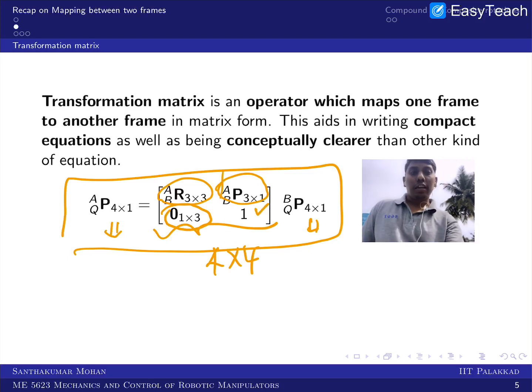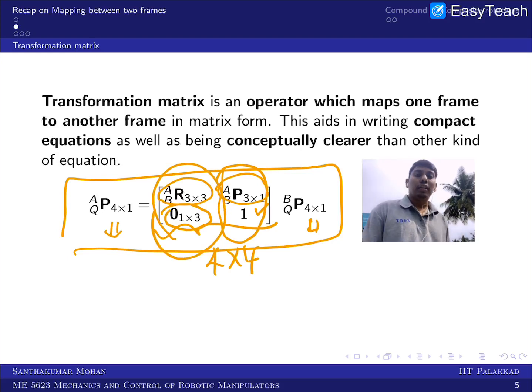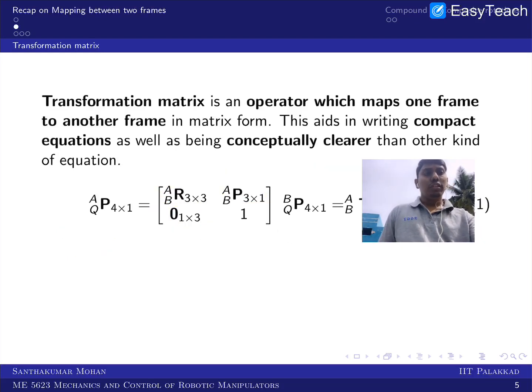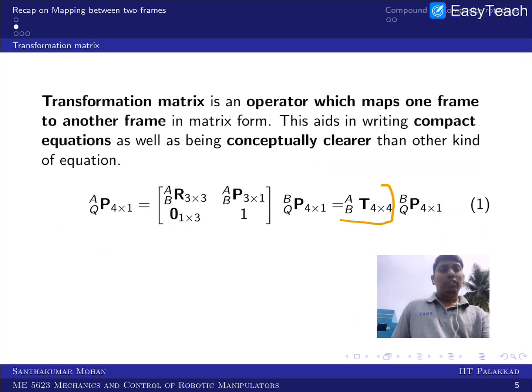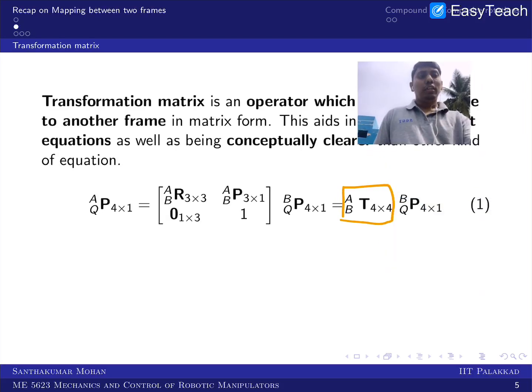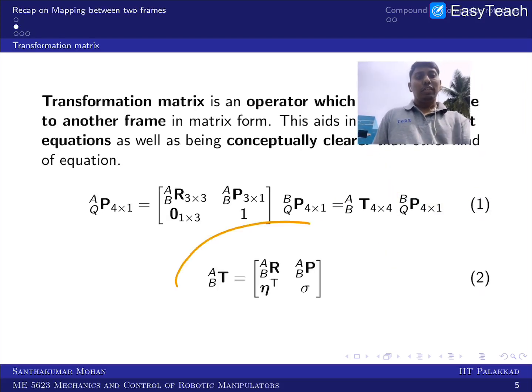So in the sense, this I can call the position vector, and this is a reformed rotation matrix. Now you can see this is in a general form. In the general form, I can write this as the transformation matrix I have brought in. So what general form do I want to say? You can see it this way.